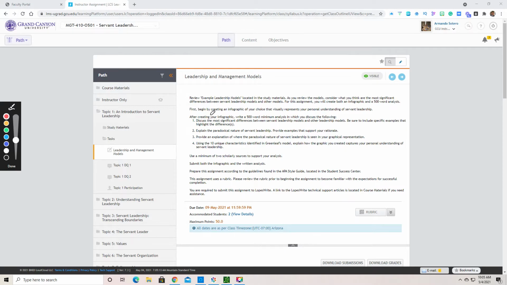And then make sure that your Lopes Write originality index, you strive for 10% or less. Okay, most students submit anywhere between 0 and maybe 1% because a couple words were used in another paper. It is very easy for us to see where you obtained the information from, whether it was from another student paper or whether it was exactly copied and pasted from a website or a journal,